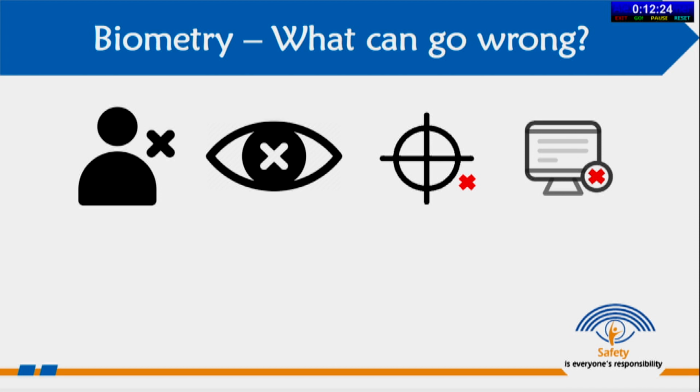There could be a wrong measurement on the machines because they were not properly calibrated, or, like sir said, a wrong mode was chosen, like not choosing the silicon oil mode in the vitreous, not choosing the laser vision correction mode for measuring a post-LASIK patient. So these errors can happen when you're doing the biometry.